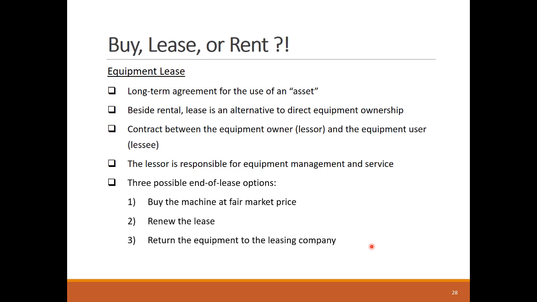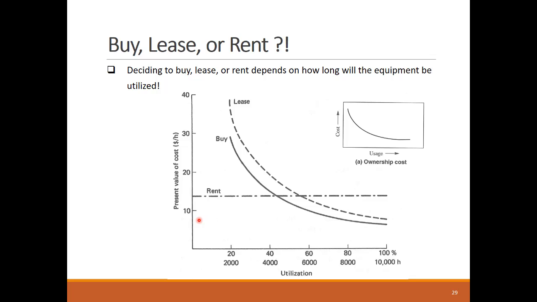At the end of the lease period, the lessee or the construction company has three options: buy the machine at its fair market value, renew the lease, or return the equipment back to the leasing company. The utilization level is the main controlling factor in determining to buy, lease, or rent. This figure shows the visual comparison between the equivalent hourly cost of buying, leasing, or renting an equipment over different utilization levels